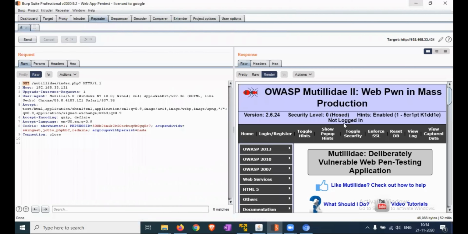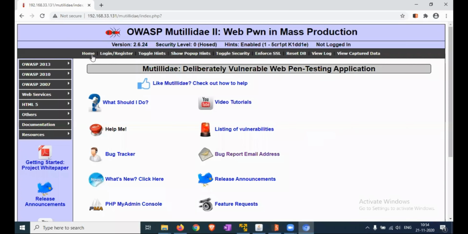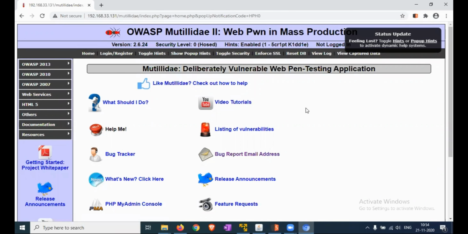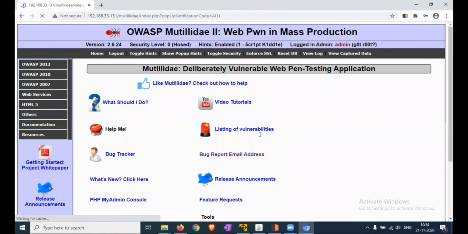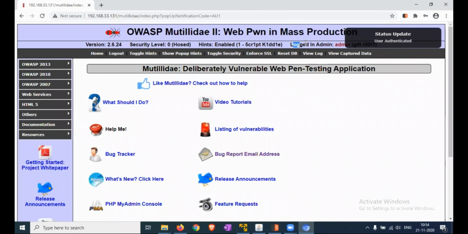If you are logged in, you can see the logged in username. Now we are logging in again, as admin. Now we are logged in as an admin.